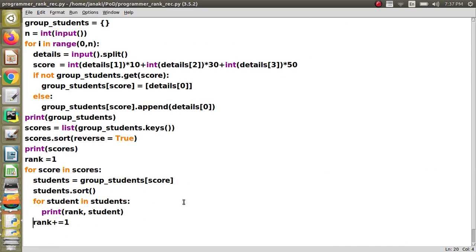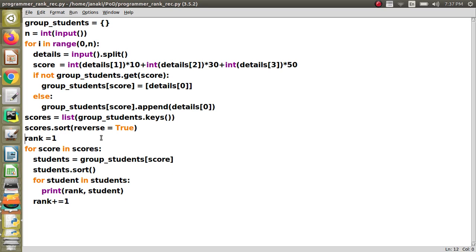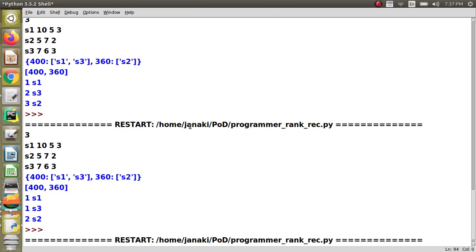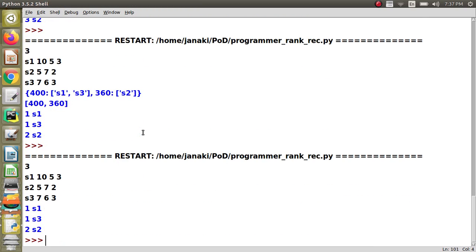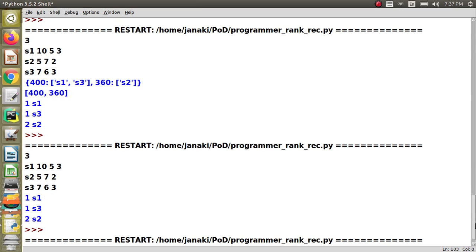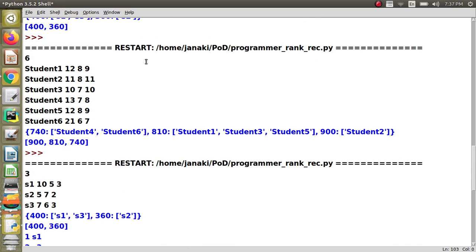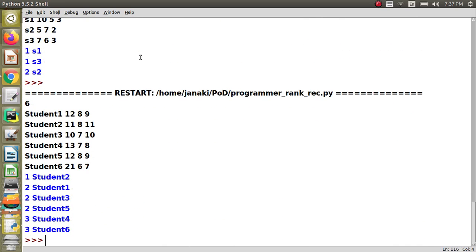So now I hope we will get the correct answer. Yeah, let me remove the other things which I printed for our understanding. Let us remove it and see a clear output. This is for the 3 students. Then let us execute for the input that is given. Yeah, you can see that the first rank is by student 2, second rank 3 students have got it, and third rank is by